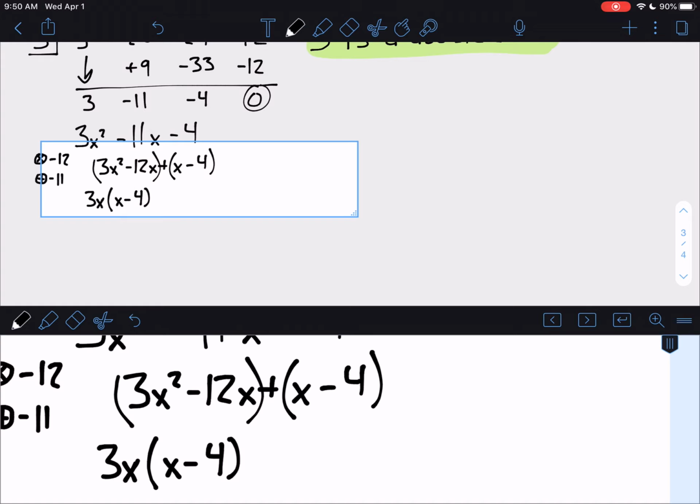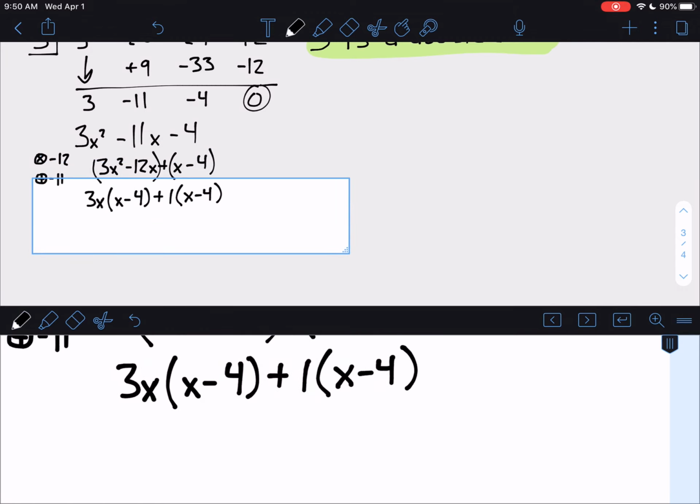And between x and minus 4, I can't pull out anything, so I'm going to pull out a 1 because there's no common factor there, but I still have to pull out something. So that gives me 3x plus 1 times x minus 4